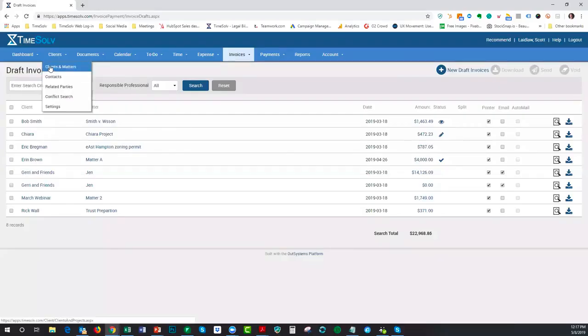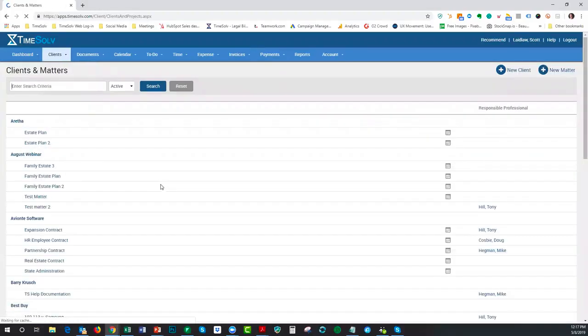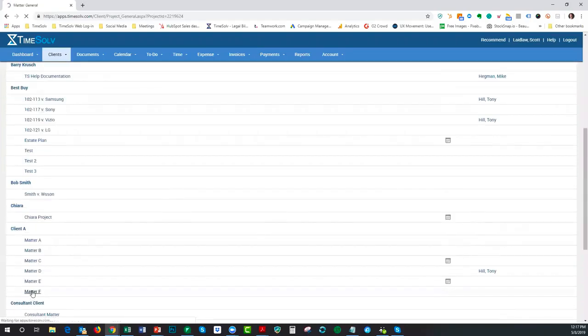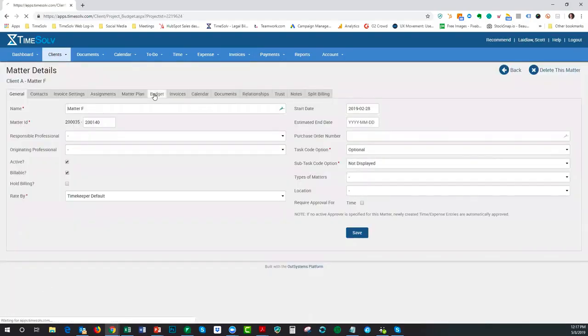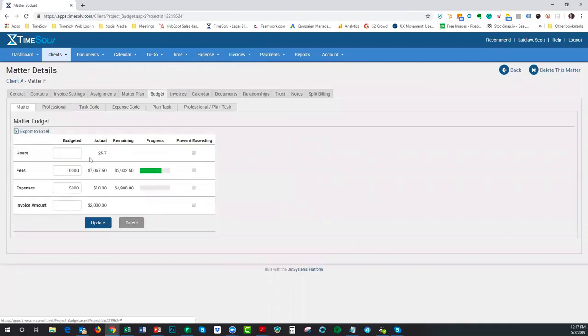So I'm going to go into a particular client and matter here. And I've set up a budget on my budget tab here. And I have budgeted $10,000 worth of fees and $5,000 worth of expenses. And then I've gone ahead and you've seen I've actually made $7,000 worth of time entries, and I've made a $10 expense entry, whatever it might be. And I need to generate a report on the budget that I've created, the budget versus the actual and so on. So we would go under the report setting here,